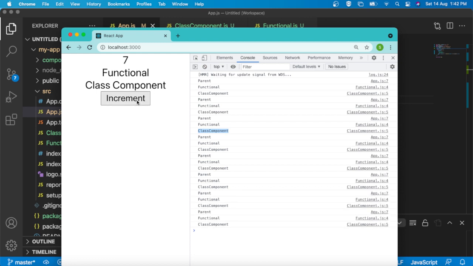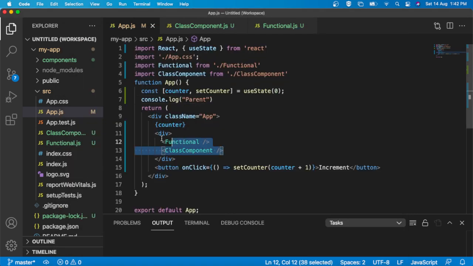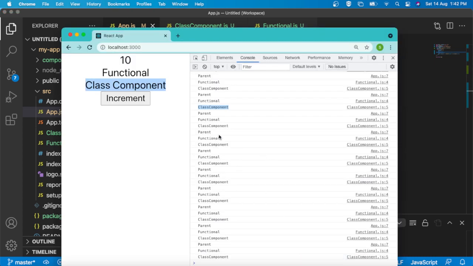See, the parent component is re-rendered and both child components are also re-rendering with every change in the counter. This is an unwanted rendering, because the counter value is not attached to our functional component and class component, so it can avoid this re-render. Unfortunately, with every state change, the functional component and class component are also re-rendering. We are going to avoid this re-rendering because rendering is an expensive process. Every state change in the parent component re-renders the child components, so it will affect our performance.